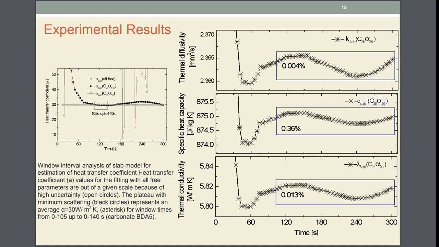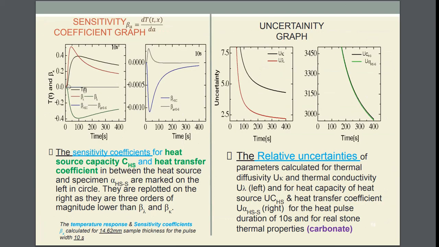So we made an analysis and used some trick to converge this scattering into a line, and you see that when we put in some constants, the difference is so low, less than 1%. That's how we can rely on these values to publish for heat transfer coefficients. So in the next presentation, I'll be explaining what the trick was that we used, how we performed it, and how we got these